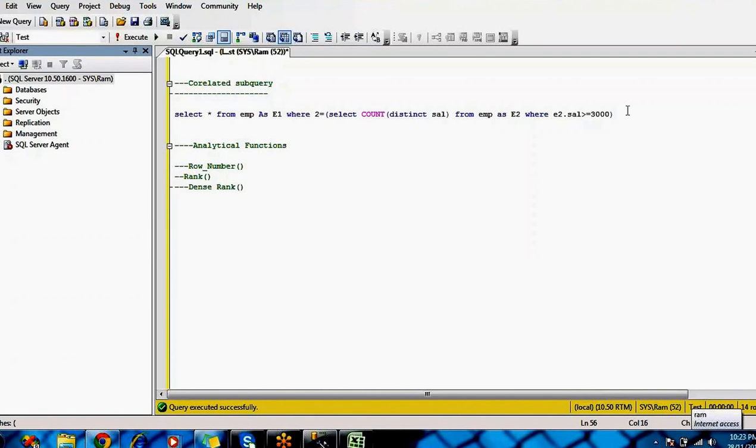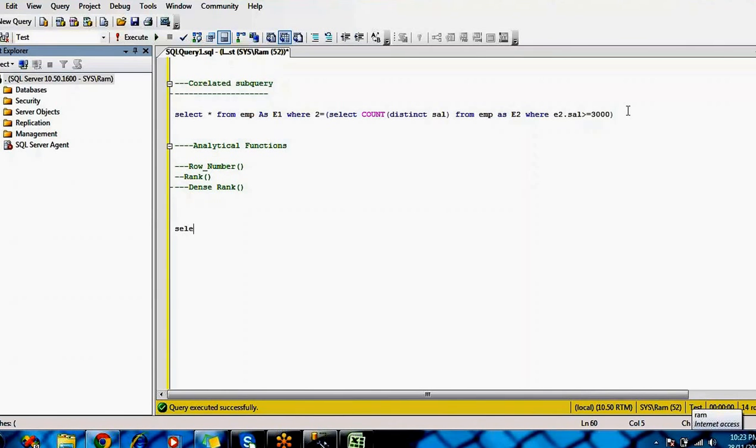These are the three analytical functions we have in SQL Server, and they are the most important ones we use. What is the usage of the row number function? If you want to generate a sequence number based on a column, or based on the salaries, or anything, it will generate the sequence number.